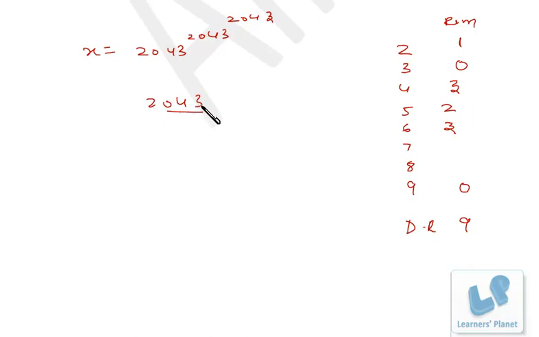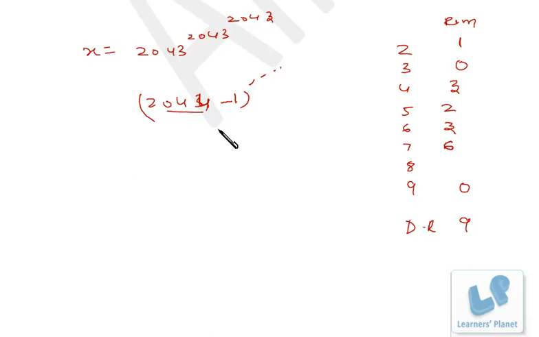Instead of 43, if it would have been 44, then 44 minus 2 is 42, and that is a multiple of 7. That means 2044 is actually a multiple of 7. So this number can be written like this, and this is the power, right? So the remainder when divided by 7 will be minus 1 raised to this entire figure, and this is an odd figure, so the remainder will be minus 1 only. So if I divide this number by 7, the remainder is minus 1. That means the positive remainder will be 7 minus 1, which is 6. Okay, isn't it very easy?